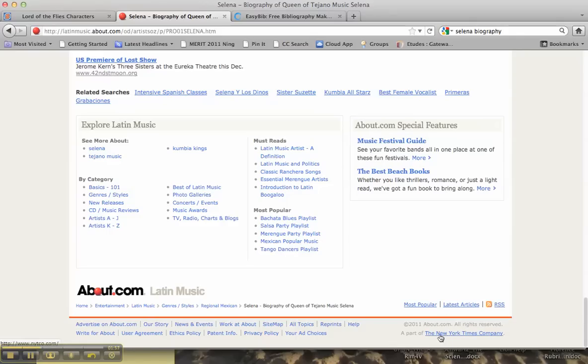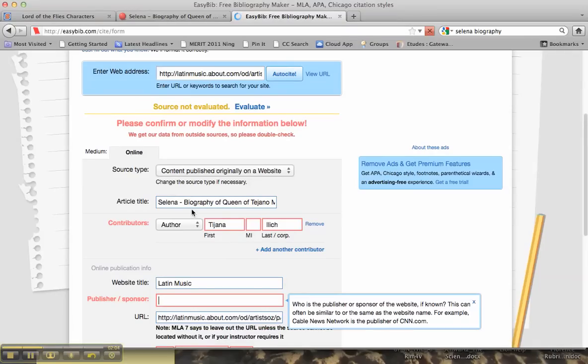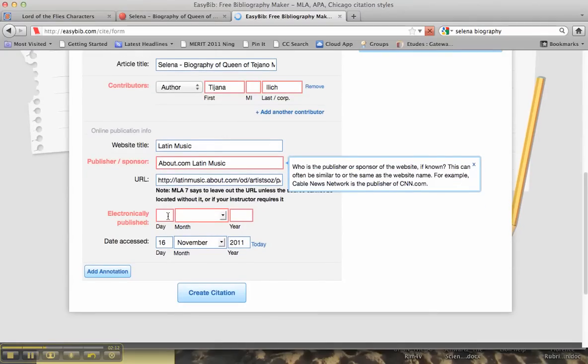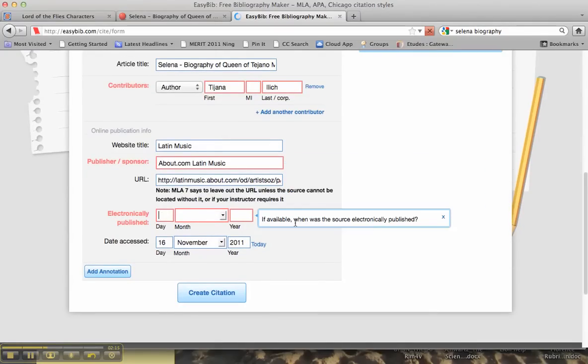which is actually a part of the New York Times company. I'm not sure which one I'm going to choose, which one's right. I'm going to go with about.com because that's a major website. That's my best guess. And sometimes you don't always know. So I'm going to say about.com Latin Music. The URL is already pasted in, and then it asks for the day it was electronically published